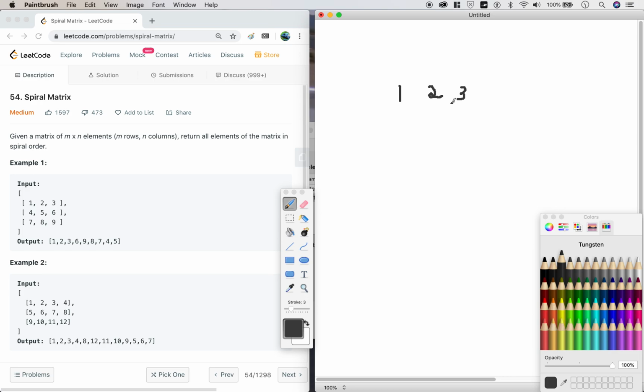Anyway, this is the matrix in example 1 through 9, with 3 rows and 3 columns. Alright, so what does it mean, spiral? Well, it simply means starting from row 0 and column 0. Apologies, this should be column. This is row, so